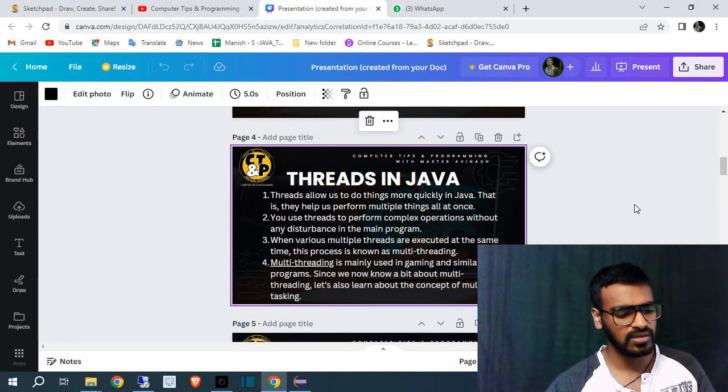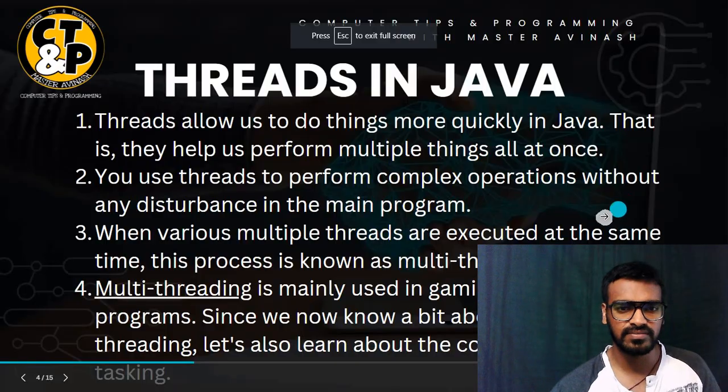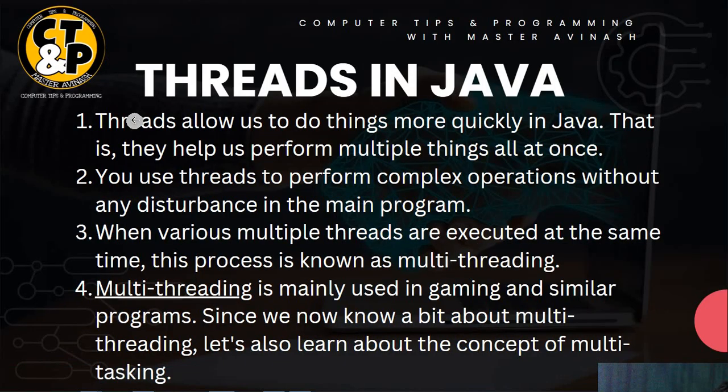Threads in Java allow us to do things more quickly. That's why we use threads, because they help us perform multiple things all at once. We use threads to perform complex operations without any disturbance in the main program. So if you are using some complex operations, that time also it's going to help you. And when various threads are executed at the same time,